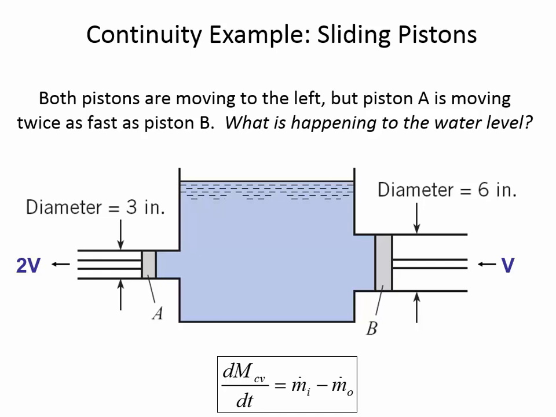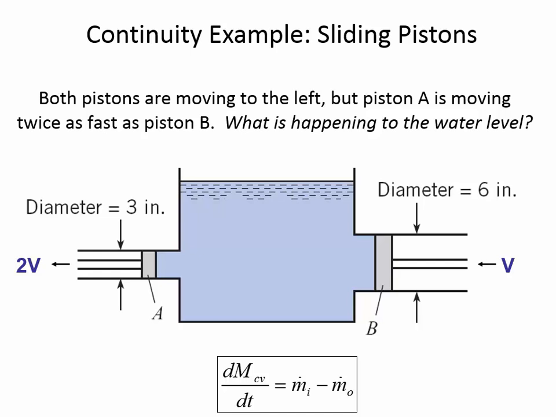We have a tank, and water's coming into the tank because it's being pushed through this pipe by a piston. And this piston is a big one. It has a diameter of 6 inches, and so it's a cylindrical pipe. It's sort of like a syringe. You know how a syringe, you push the plunger into the syringe and it forces liquid one direction. So here, this piston is pushing water into the tank, and it has a velocity of v and a diameter